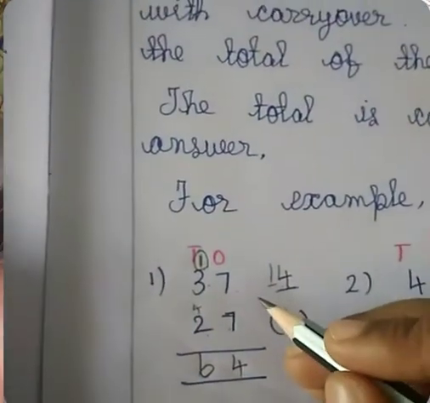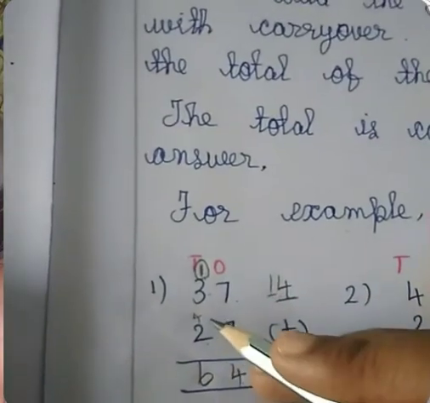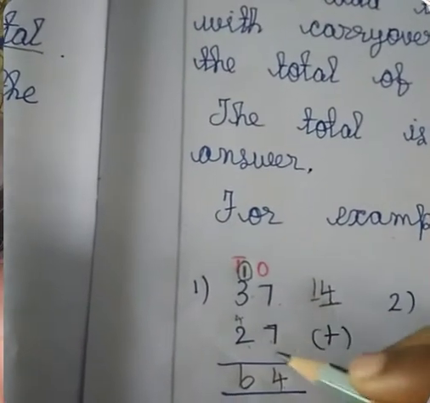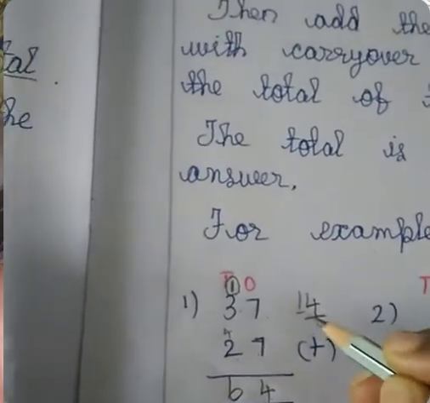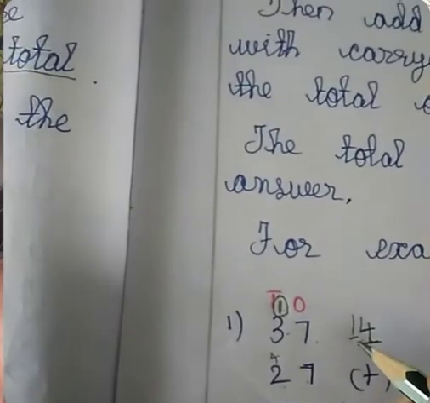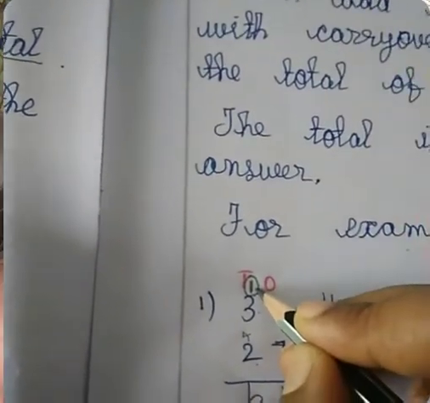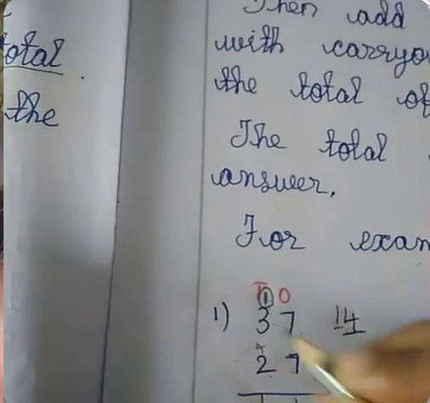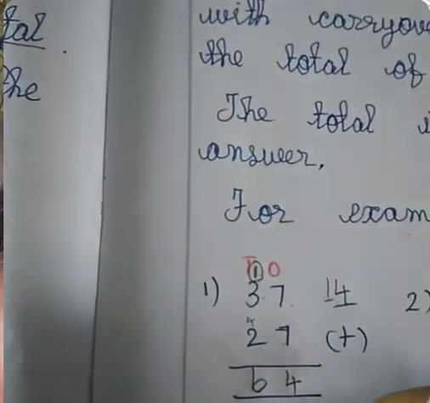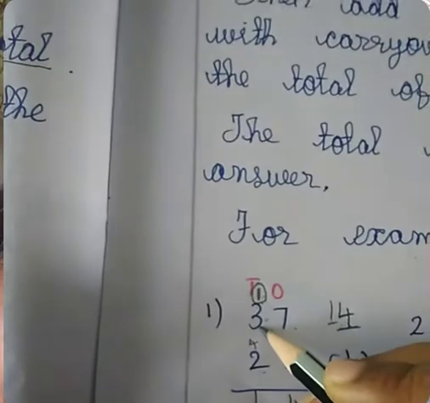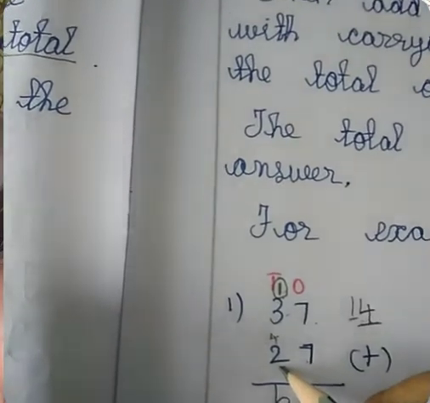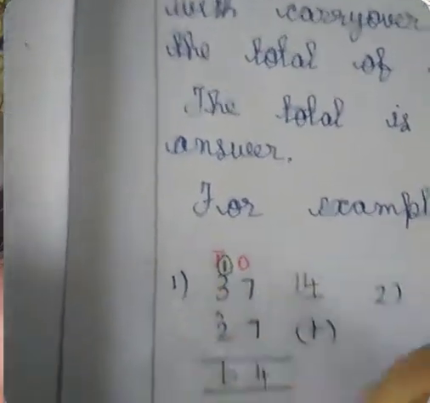Once again I recall the carry over sums. Listen carefully. First you consider the ones place and add the two numbers, 7 plus 7. We are getting the answer in 2 digit. If you are getting the answer in 2 digit, you put the ones place answer in ones place and the tens place answer in the upper side of the tens place. That is carry over. Then you add these three numbers to get the answer of tens place. First you add two numbers and get a total, keep the total in the middle and add the other number, 4 plus 2, you get the answer 6. This is the carry over sum addition.